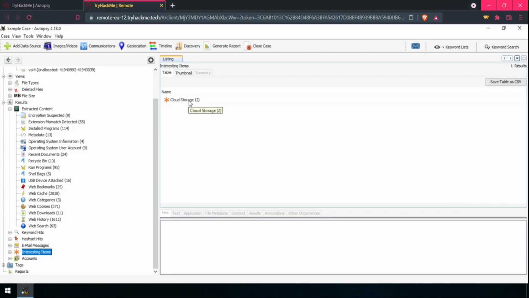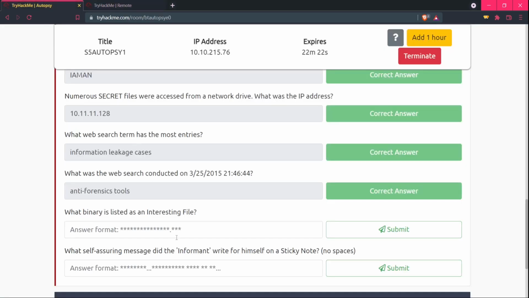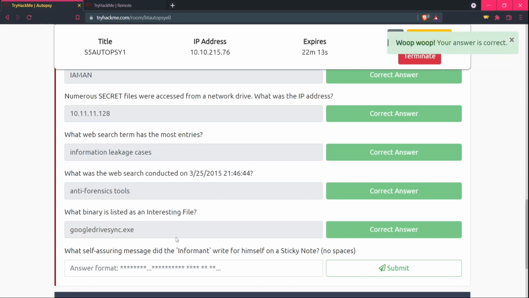There is one named cloud storage, and there are 2 interesting files there, and both are the same actually, Google Drive sync.exe, and that is the name we need to enter here, Google Drive sync.exe. Okay, so that's correct.